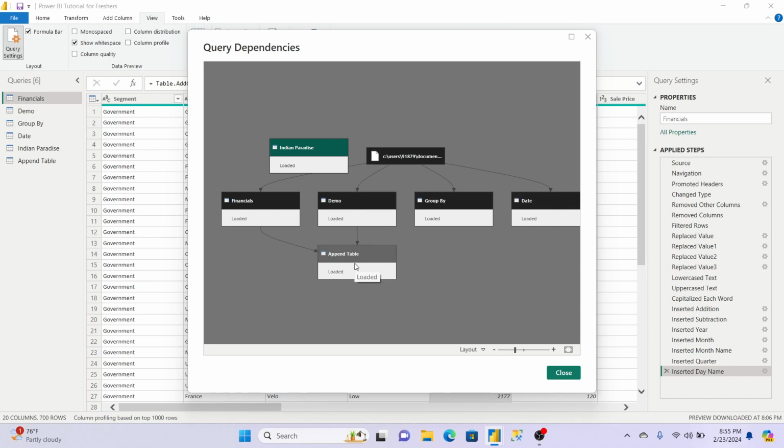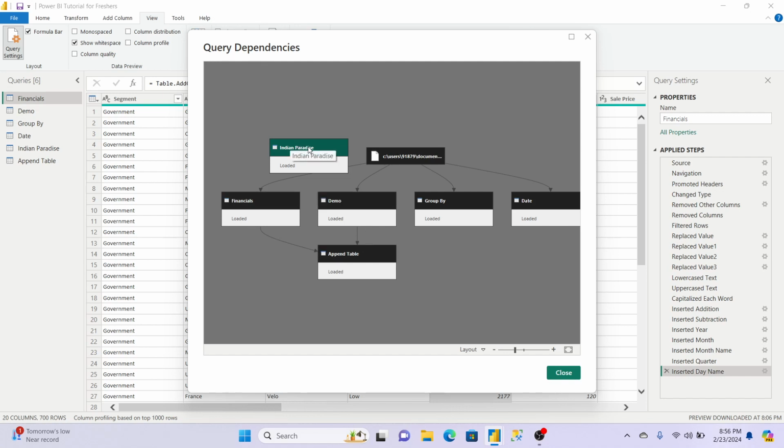And this append table was created from this financial and demo. Append is combining of two tables. We fetched the Excel dataset from our C drive. There were two tables, financial and demo, and all those group by we made. And append was made from this financial and demo table. See, like this direction it is showing.